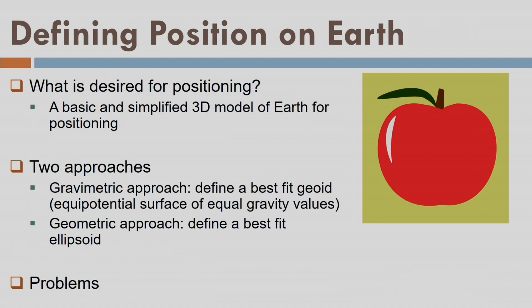Okay, so let us see how we can define the position on this planet, which is bulging out and flat at the top. So what is desired for positioning? Since we are considering the whole planet, or the complete surface of the planet as one unit, I need to define a simplified and basic 3D model for the Earth. And if I can define that, I can write some mathematical equations. What will happen? I will have an advantage that, let's say, if I write an equation of an ellipsoid,